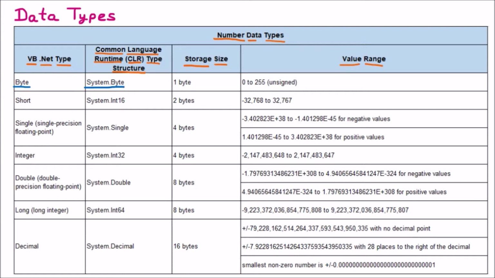Now how much space does it take? It takes only 1 byte. It is the smallest one. Now you can see that it is having from 0 to 255 unsigned. There are two types. One is the signed and one is the unsigned. Whenever we talk about negative and positive values, this is called signed, because you can see that they are having some kind of sign, minus and plus also. But whenever we talk about plus only, let's say only positive values, negatives are not there, then we say that these are unsigned. So there is no sign available as such.